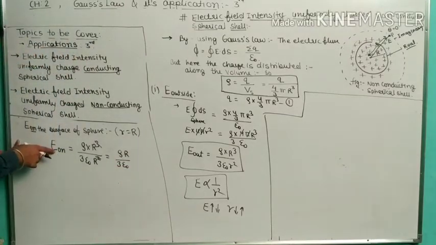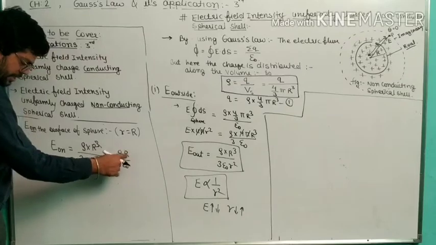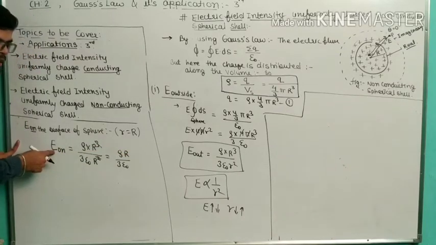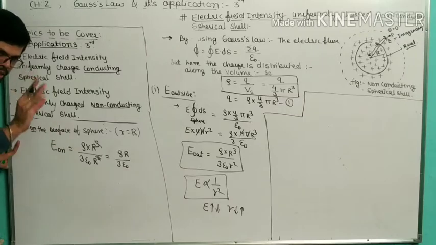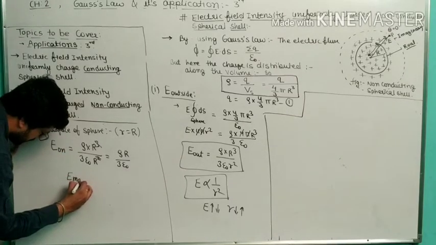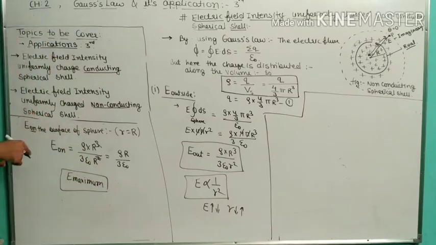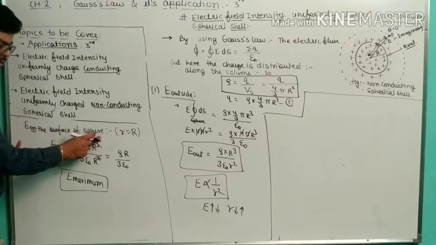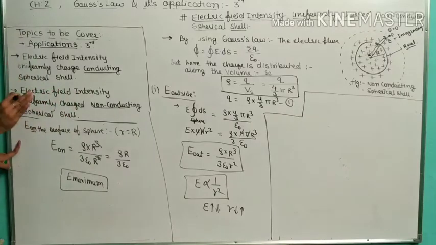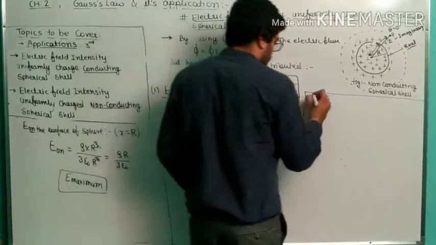Okay. You can see from this particular thing, there will be no small r. There will be no small r means electric field does not depend on imaginary radius. It means electric field is maximum. Previously also we did the understanding about that. In that particular case, small r we don't have in the mathematical expression of electric field. So now also we don't have it, E on the surface of the sphere. So electric field is maximum. In both the cases, conducting and non-conducting, electric field on the surface of the sphere is maximum. Okay. So now we are talking about the third case.